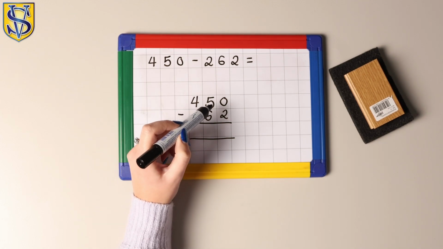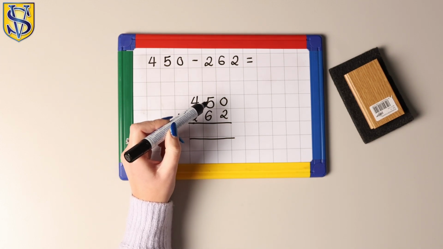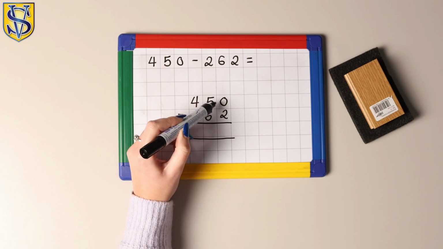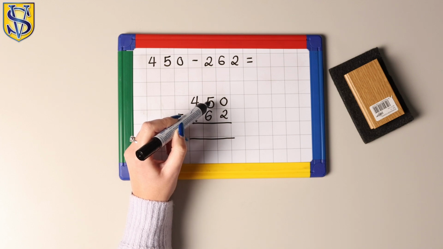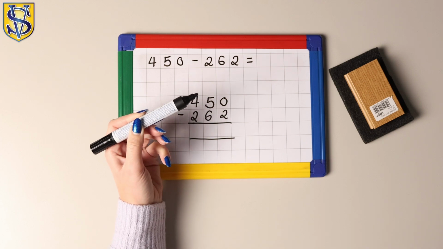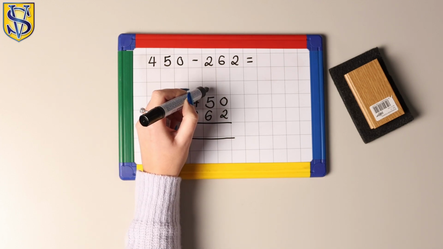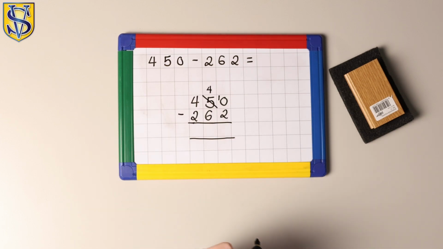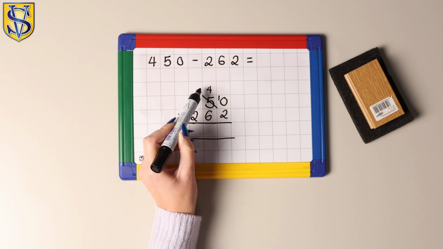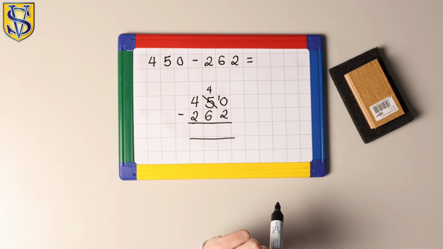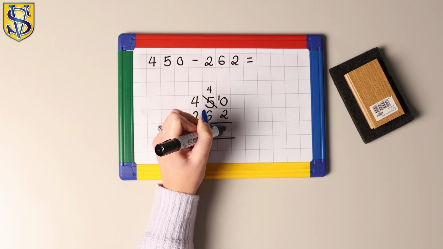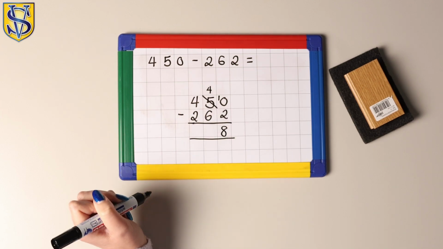So what you need to do is take 1 away from the tens column. So the tens column, this is actually representing 50. So if we take 10 away, or take 1 away from 5, it's going to leave us with a 4. So we can leave that as a 4 and that now becomes 10 because we've taken it from the tens column into the ones column. So now we're going to do 10 subtract 2, which makes 8.